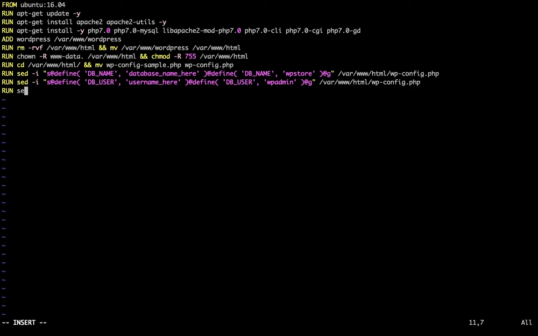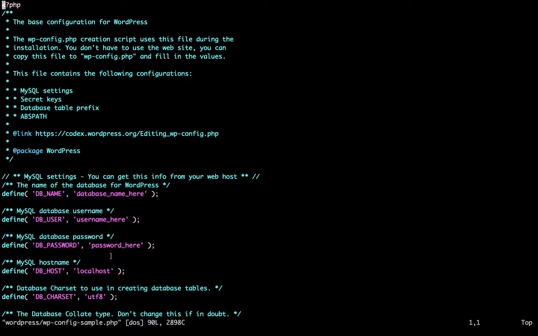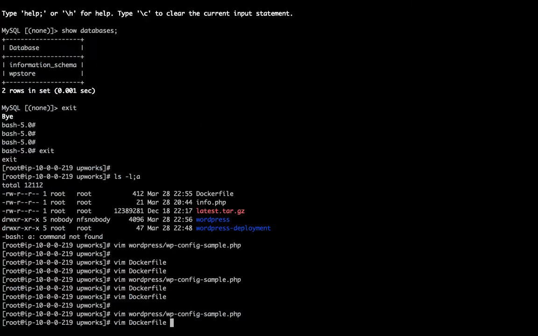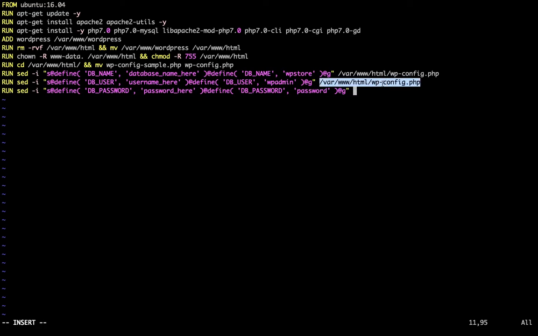Another thing we need to configure is the password. There are four things we need to worry about. We need to specify the password here, which is again password. Okay, the last thing which we need to configure is